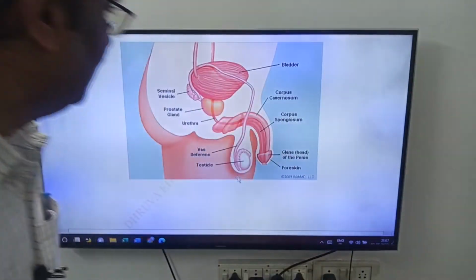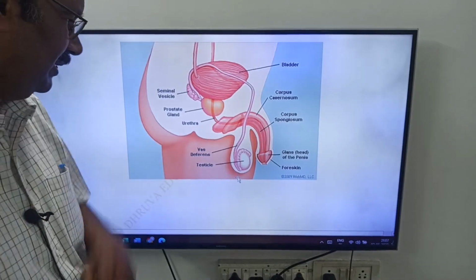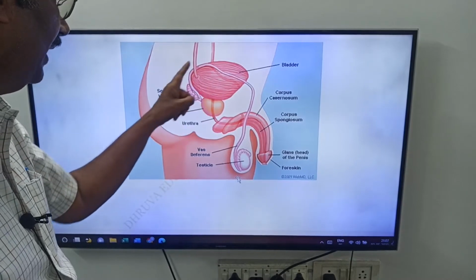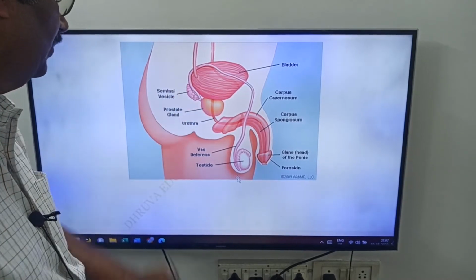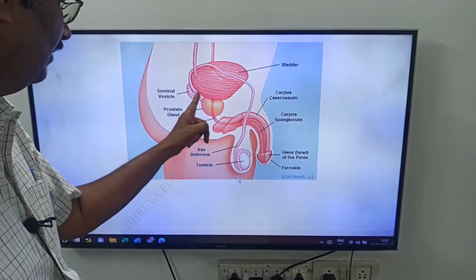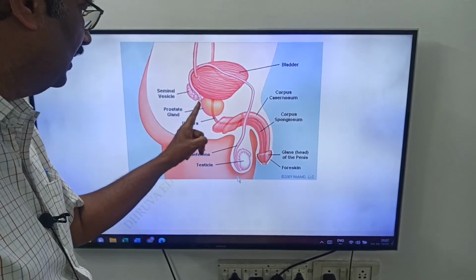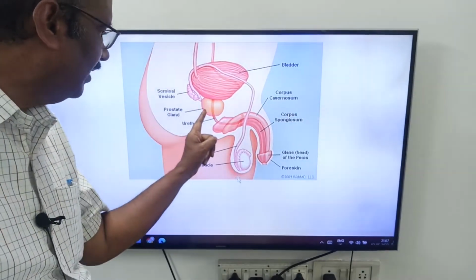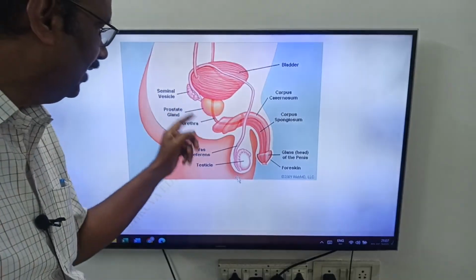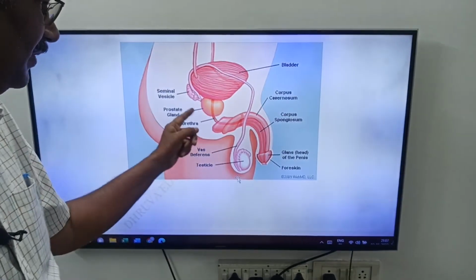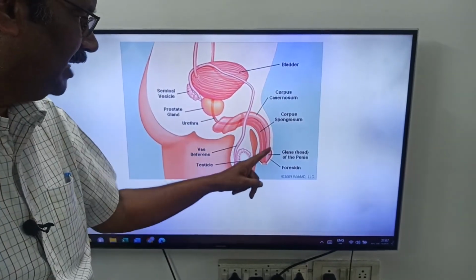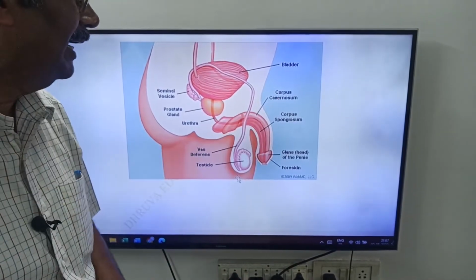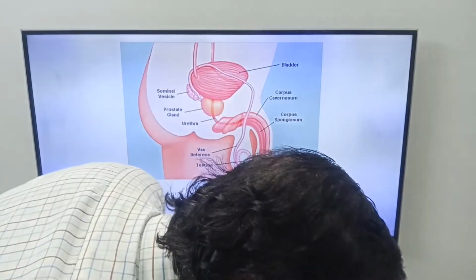Now see this image, friends. Testis, vas deferens. See, friends, here it loops around the urinary bladder. Vas deferens loops around the urinary bladder. Okay, friends. This is vas deferens. This is seminal vesicle. This is the duct of the seminal vesicle, and it forms what, friends? Ejaculatory duct. This ejaculatory duct converges into the prostate gland. It opens into what, friends? Urethra. Okay, friends. This is penis: glans penis, foreskin, corpus spongiosum and corpora cavernosa. Okay, friends.